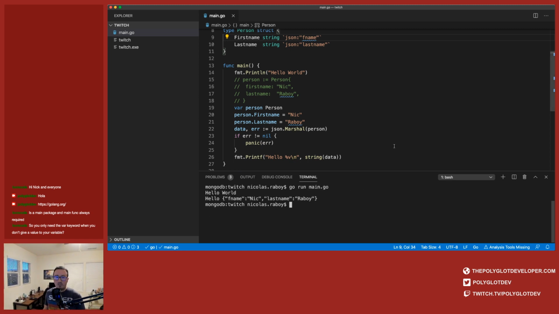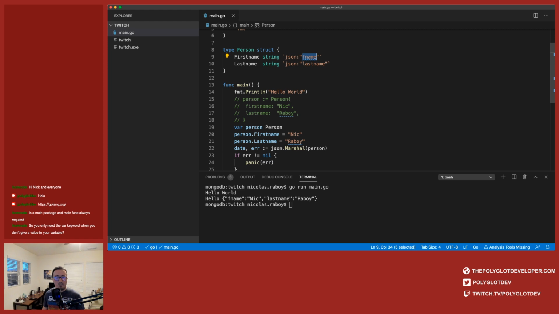So it's fname now. In the application, I'm going to be using the fields as first name, but because of the mapping, it's going to be exported in a different format later on. But I'll just leave it as first name. I like to keep my variables kind of matching.